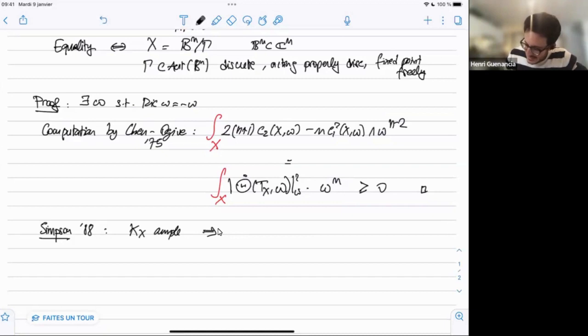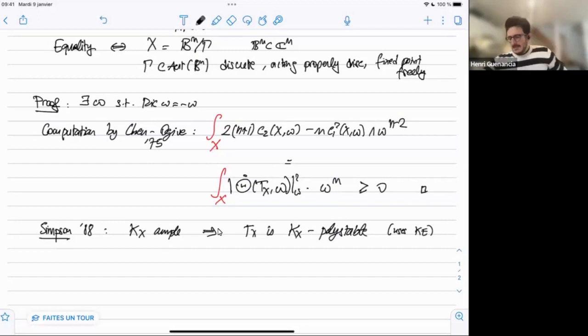And so that implies that T_X is polystable with respect to K_X in the sense of Mumford, slope stable. Okay, and this uses Aubin-Yau, right? And so Simpson's strategy is that, now if I just remember from the ampleness of K_X and the Kähler-Einstein metric